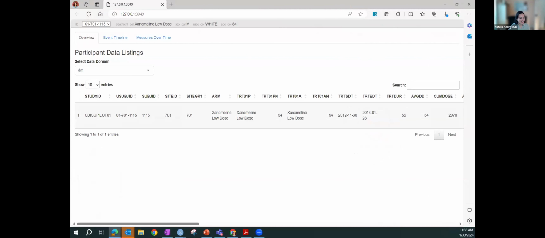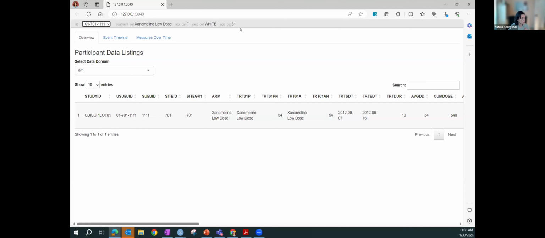Thank you. So when you first open the safety profile, this is what you see. On the top ribbon, you see the participant details. There's a participant dropdown, and you can change the participant, and the data and the tabs will change accordingly. And then you also see some additional demographics details for the participant, like the treatment, the sex, the race, and